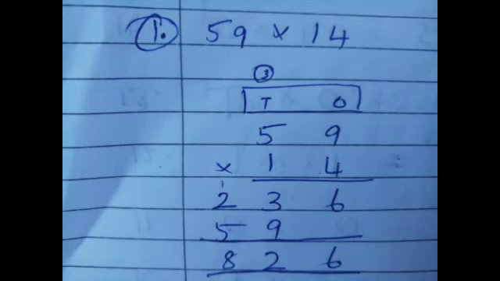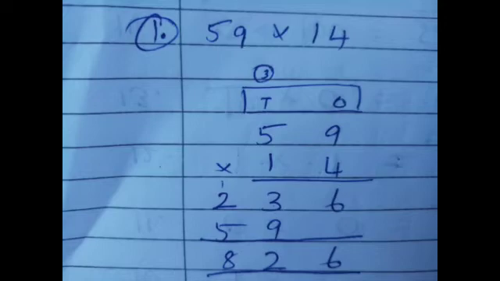Now coming to the do as directed 3 mark questions. We have multiplication, different types of multiplication, whatever we saw in this unit, we are going to recall in this. The first thing is 2-digit by 2-digit multiplication. The first sum, 59 multiplied by 14. See children, you have to write the place value correctly, then arrange the number correctly.